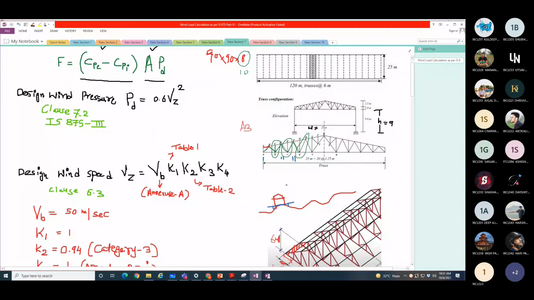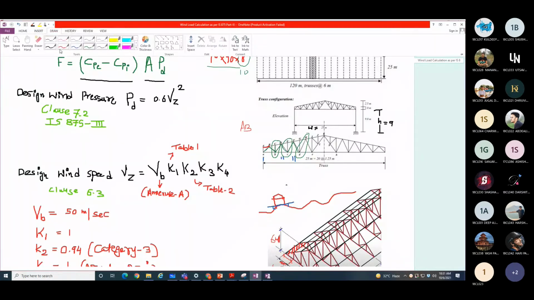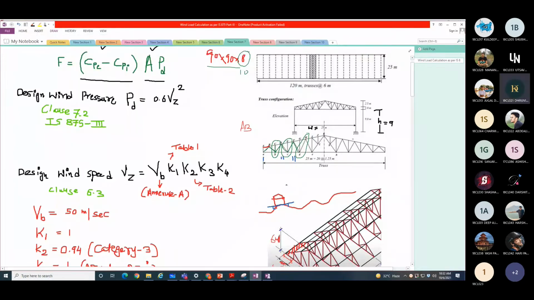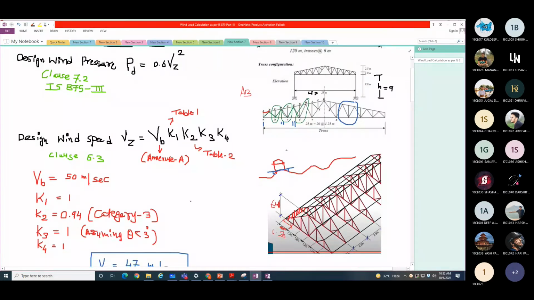Now, once you define your section for all these truss members, then you are required to do the connection design. What do you require for the connection design? Can anyone tell me? Because that is also completed in your class. If I want to do the connection design for this, so this is the member, I want to do the connection for this over here and over here. What do you require for this?